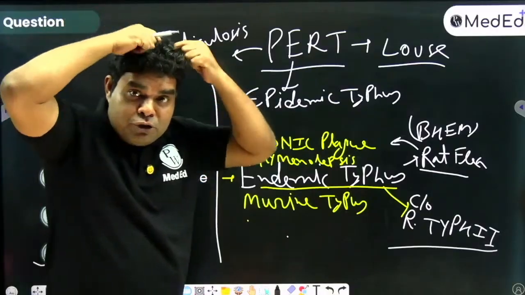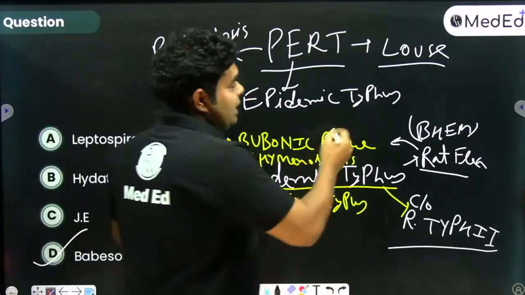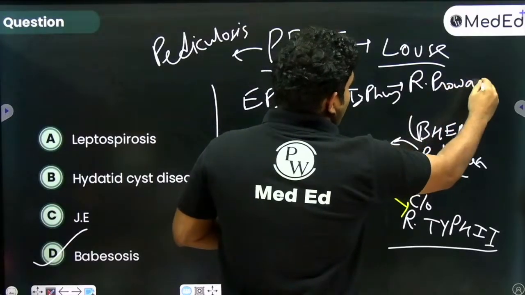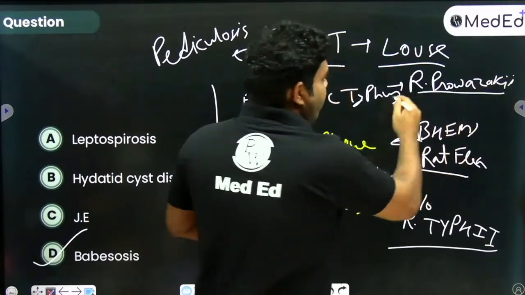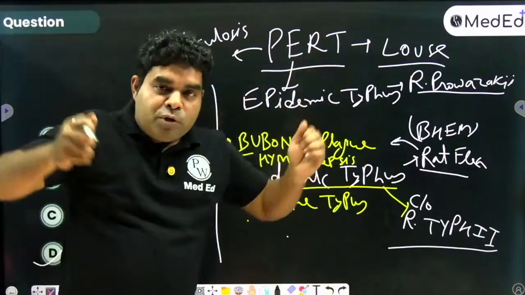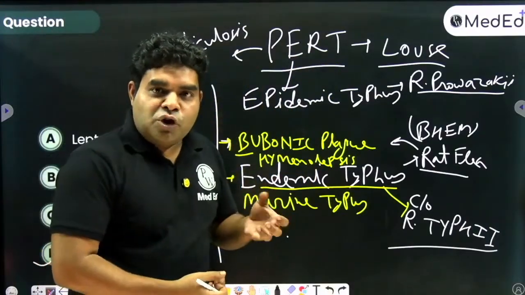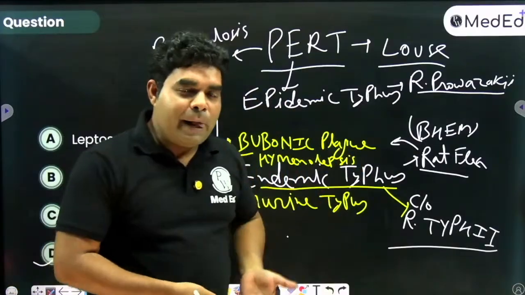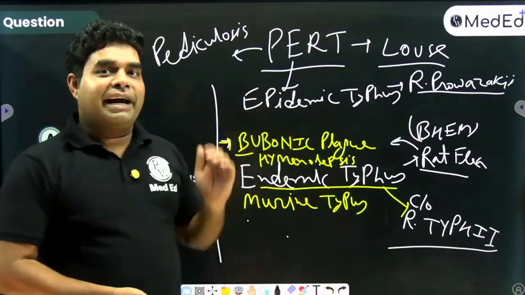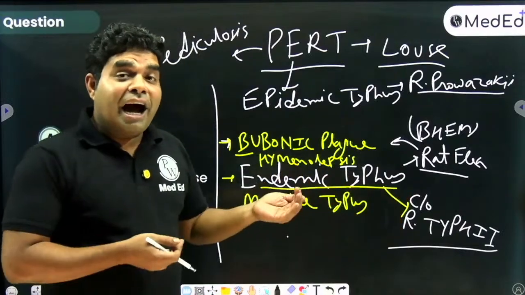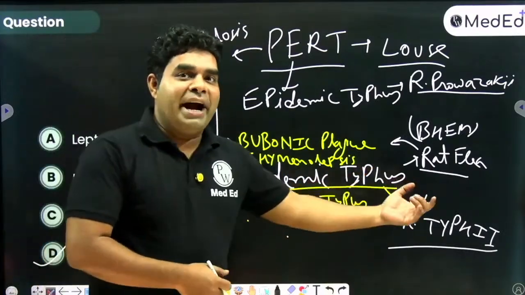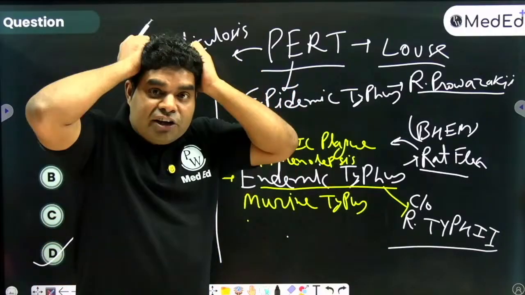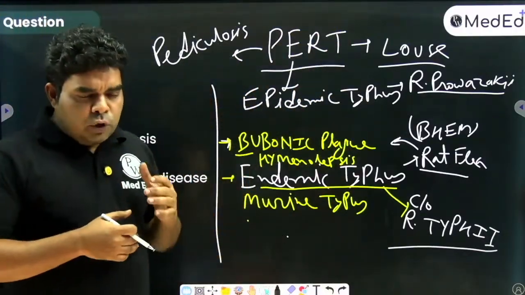तो इपीडेमिक टाइफस लाउज जो सर पे जू है वो फैला रहा है, और इपीडेमिक टाइफस का कॉजेटिव ऑर्गेनिज्म है रिकेटसिया प्रोवाजेकी। बहुत पावरफुल है ना, प्रोवाजेकी। और एंडेमिक टाइफस जो हमारे घरों के अंदर रहने वाला चूहा है, उसके ऊपर रहने वाला रैट फ्लिया से फैलेगा। तो रैट फ्लिया एंडेमिक टाइफस करेगा। उसका कॉजेटिव ऑर्गेनिज्म है हमारे इंडिया में ही होने वाला टाइफॉइड, बहुत कॉमन, से रिकेटसिया टाइफी, और इपीडेमिक टाइफस है रिकेटसिया प्रोवाजेकी से।